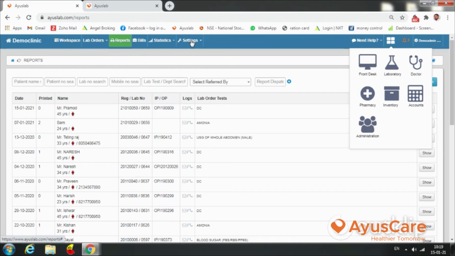All the tests can be configured, all the medications, all the systems and other things, everything can be modified or customized according to the